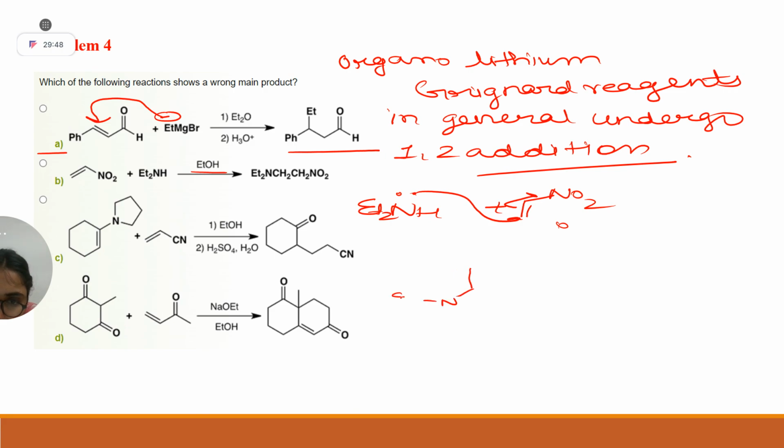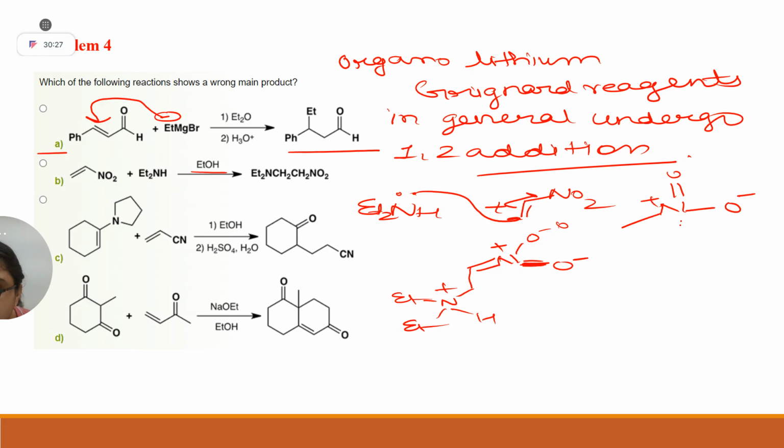First, this nitrogen will be here. Nitrogen Et positive, NO negative, O. Clear, students? If we look at the structure of nitro, it is like this: N double bond O, O negative plus, right? This is your nitrobenzene.